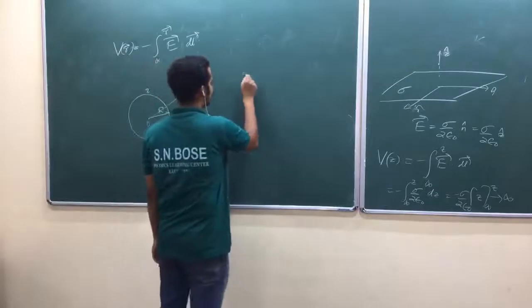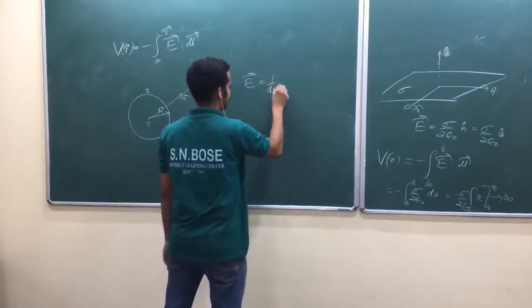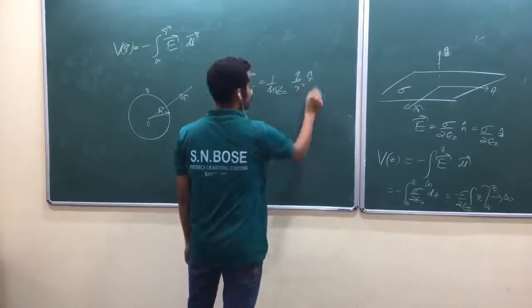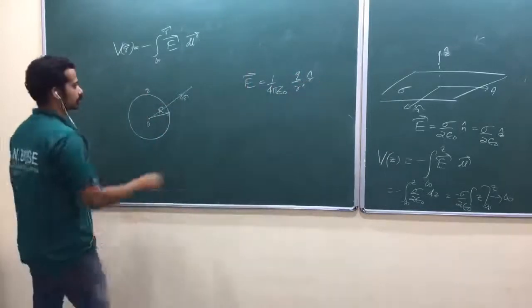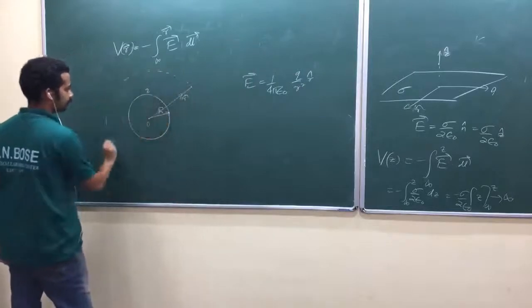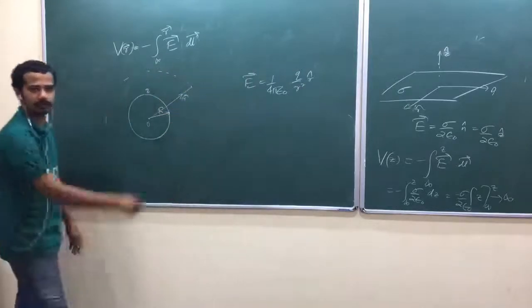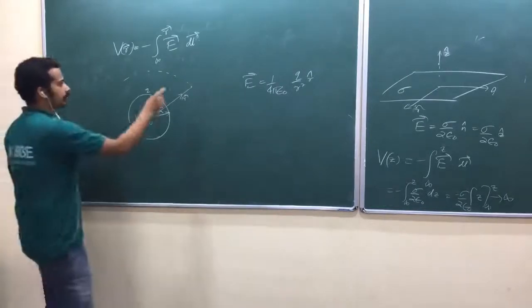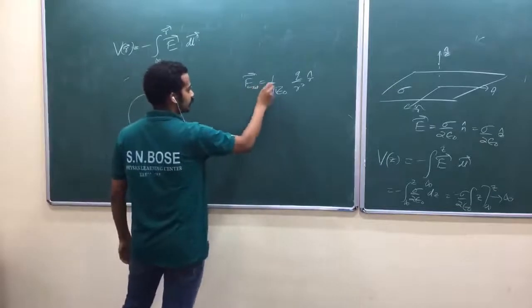What is the electric field? Am I right? Again, using Gauss law, you can put some Gaussian surface. You can use Gauss law to find electric field. Am I right? So now that's why electric field outside, that's equal to this one.